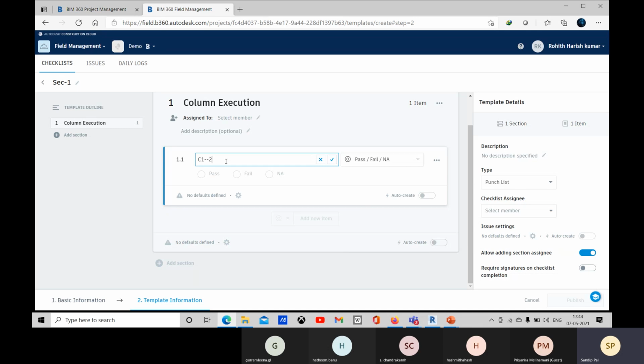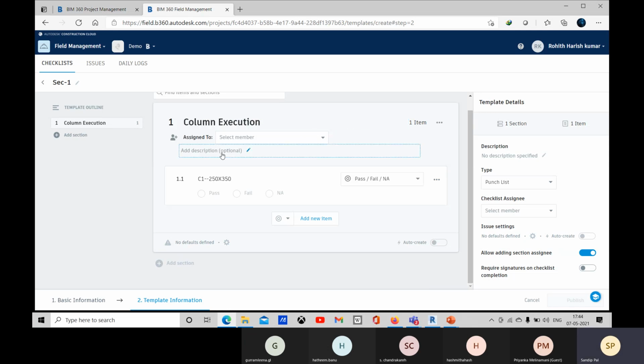You can provide and go for 250 by 350. Okay, and that is done. And there you can provide this one. So this will be submit. This will be published and to the assigned member.